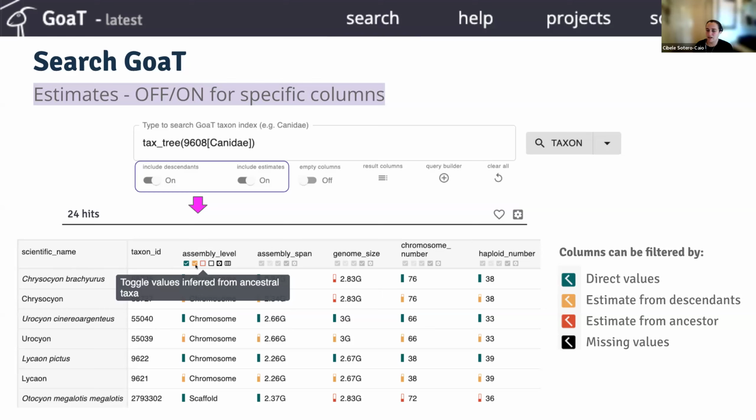So it's going to remove anything that is direct or estimated from descendants. In the end, it will give you a list of species and subspecies from NCBI taxonomy that does not have an assembly. So this list is going to be massive, right? All of the taxa, including the hybrids, anything that is a candidate for NCBI taxonomy is going to be there. So it's going to be this huge list.